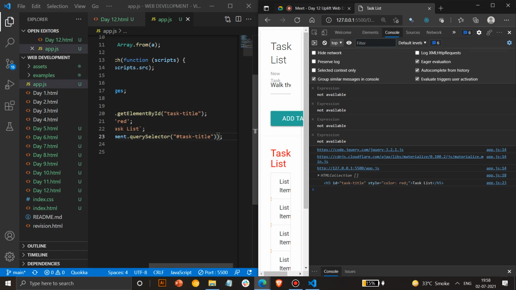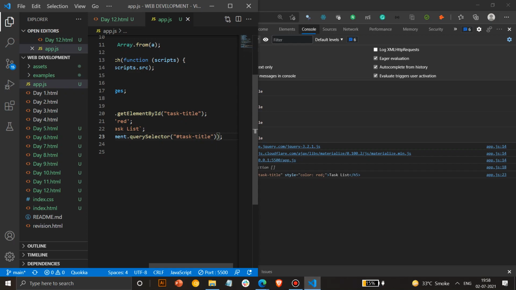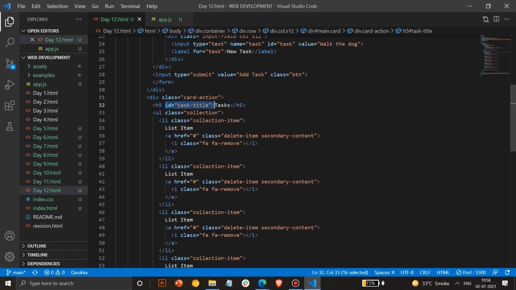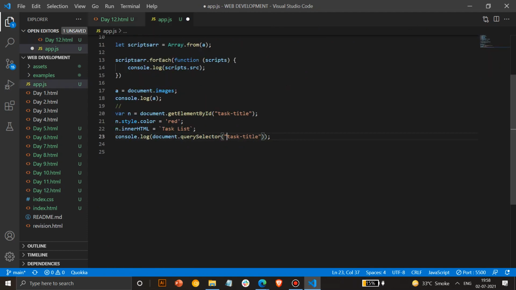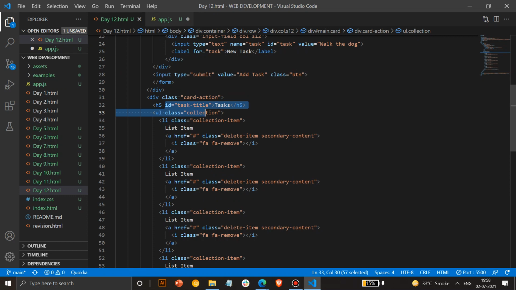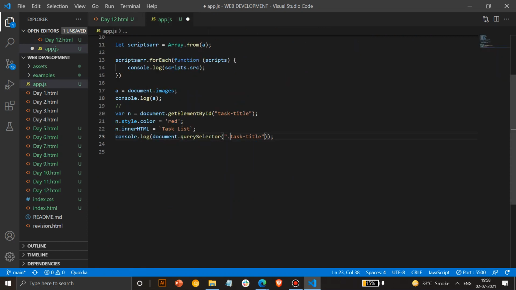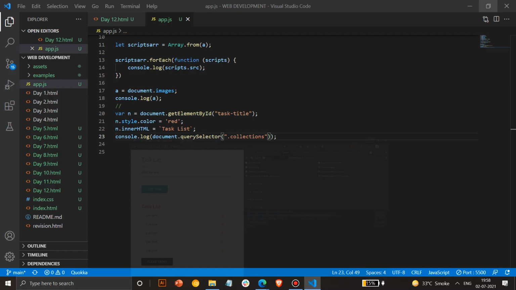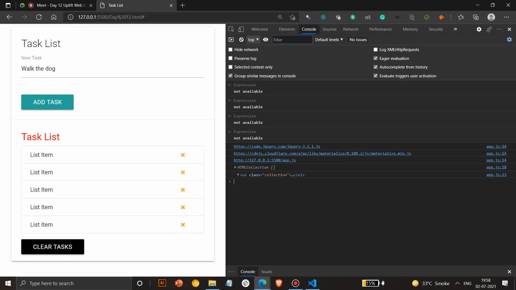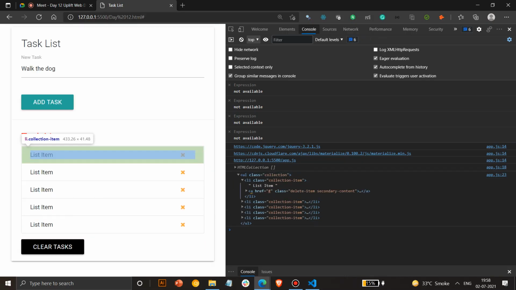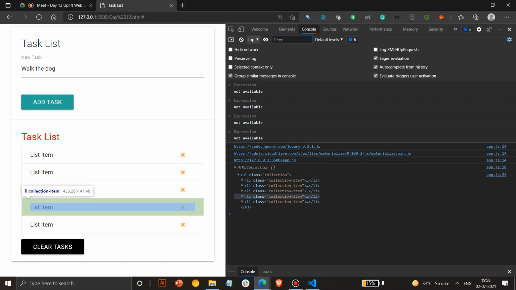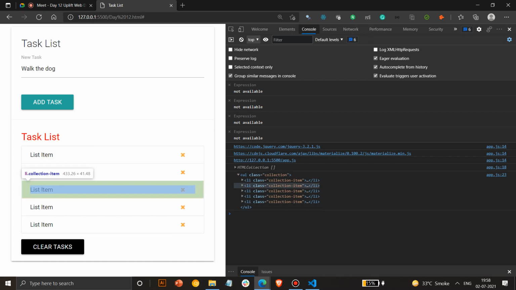So with query selector you get a better approach than getElementById, because with getElementById you have to specify an id for all elements. With this you can access classes, you only use a dot and you can access a specific class. So if I have to access collection, I'll use dot collection and I can access all the collections too. So yes, I can access all the ul li classes inside it. This is the advantage of the query selector, you can get all the values inside it.